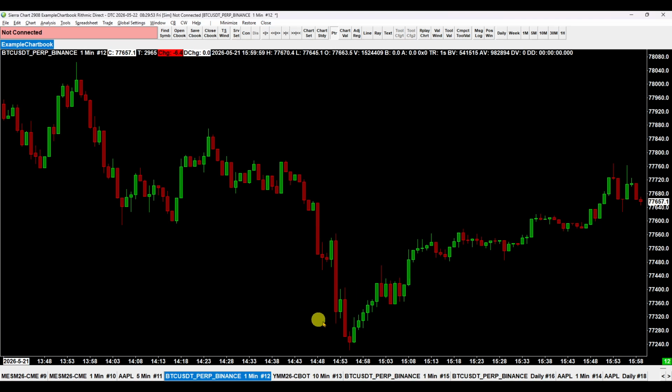Hello, today we will guide you through how to paper trade on Sierra Chart. Paper trading is a safe way to practice, test strategies, and get comfortable with the platform without risking real money. In the next couple of minutes, we'll enable simulation trading and open the tools you need to place and manage